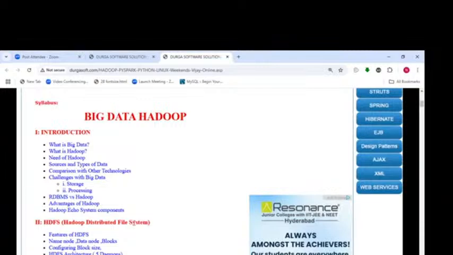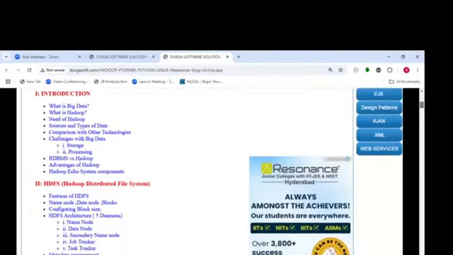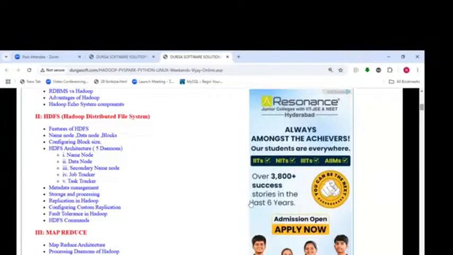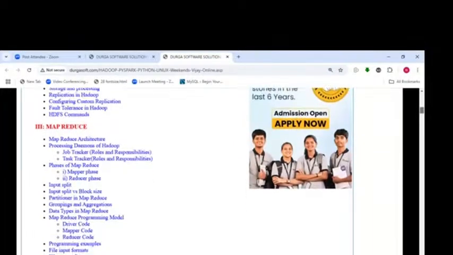features of HDFS, name node, data node, blocks, configuring block size, HDFS architecture, name node, data node, secondary name node, job tracker, task tracker, MapReduce architecture, processing domains,